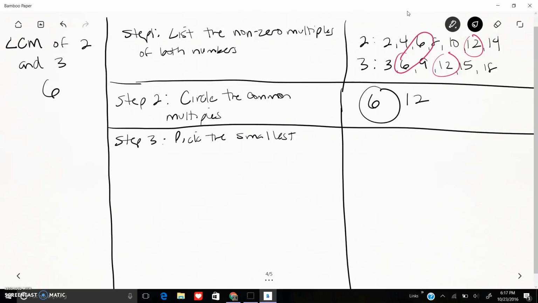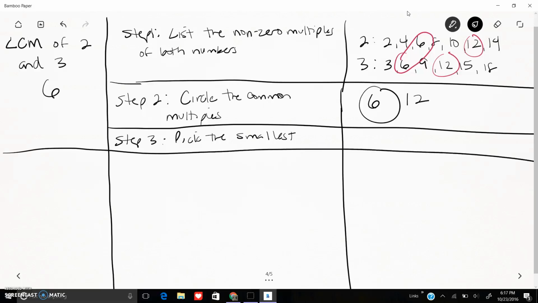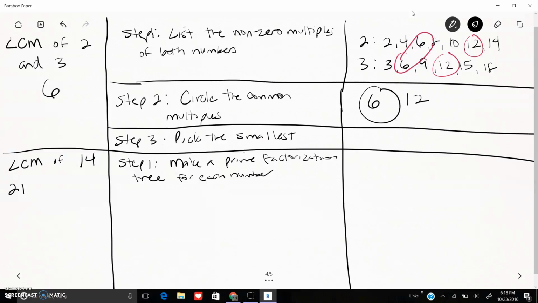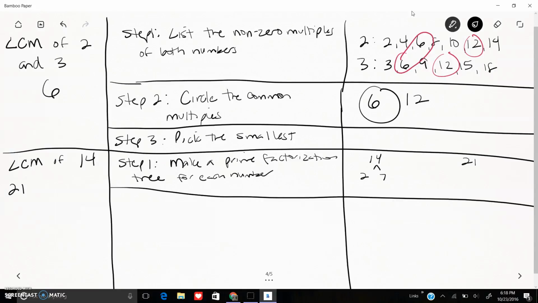All right, if for some reason you have bigger numbers, like let's say I want to find the least common multiple of 14 and 21, you're going to use the prime factorization tree for each number. Okay, so in this case, I have 14 and 21. So this is 2 times 7, both are prime. This is 3 times 7, okay, both are prime. So I don't have to go any further, but if I had even numbers, I'd probably be going for a little while longer. Then step 2